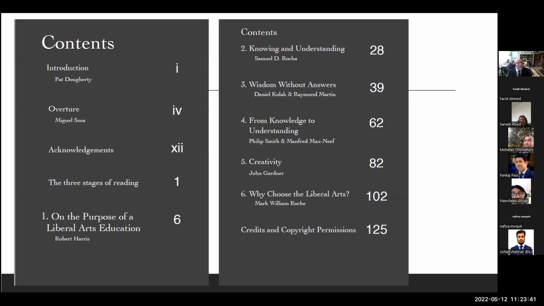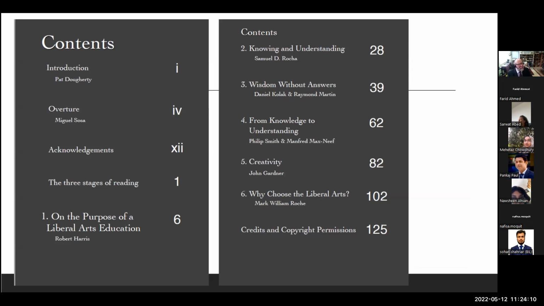Okay, so we have introduction, overture, acknowledgements. We talk about the 3 stages of reading, because of course we're dealing with kids who are reading academic works in English, many of them for the first time at this level. And then you can see that we have 6 chapters, each of them dealing with an aspect of the liberal arts. The purpose, knowing and understanding what the liberal arts is, wisdom without answers, the need to be open-minded and